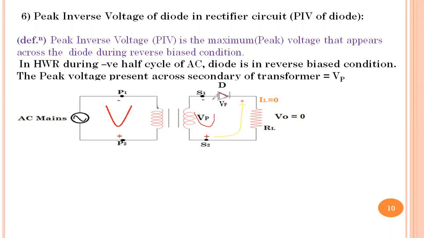So minus voltage at the anode, plus voltage at the cathode, right? The diode is in the condition of off or reverse biased, meaning open. So the current through the circuit will be 0. So no current through the diode means there is no flow of current through the load. As the current through the resistor is 0, the voltage drop across it, I into R, also equals 0. But one end of the resistor is at voltage plus V peak.